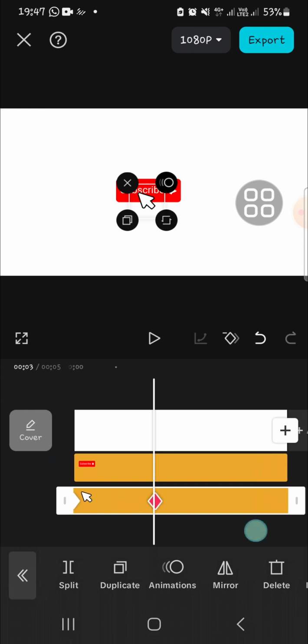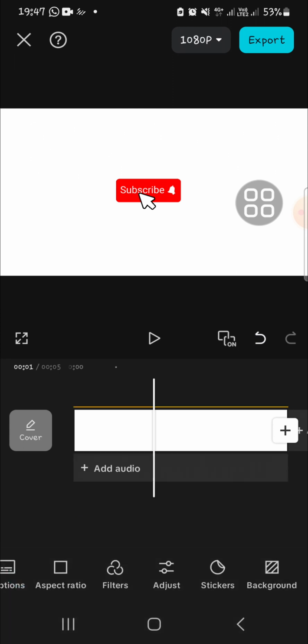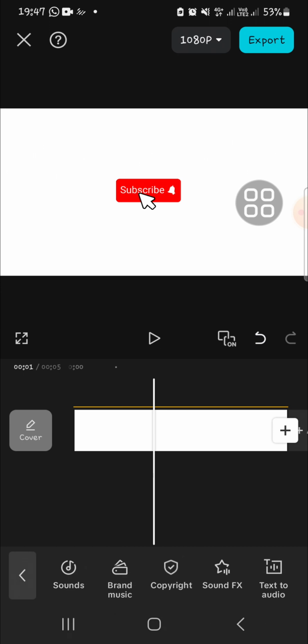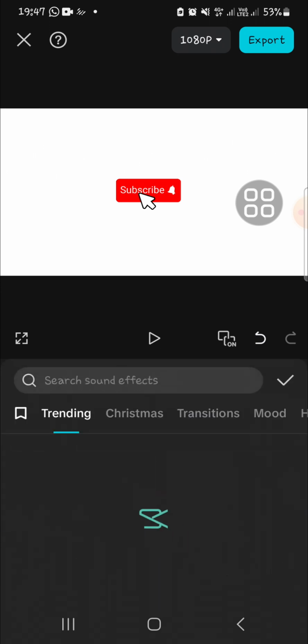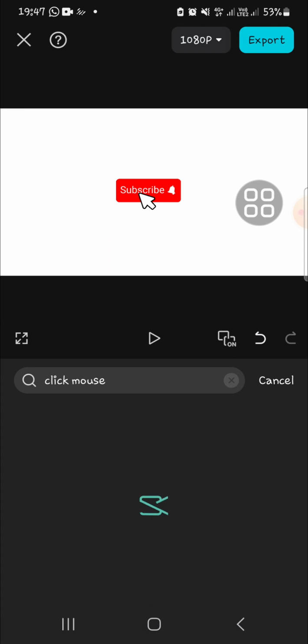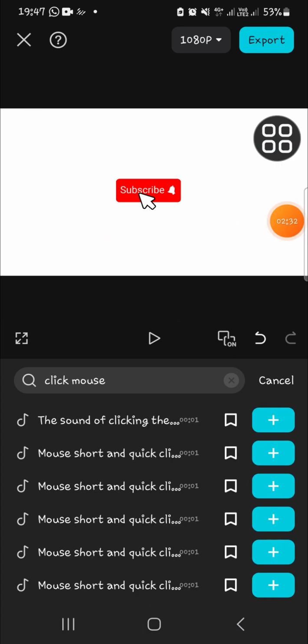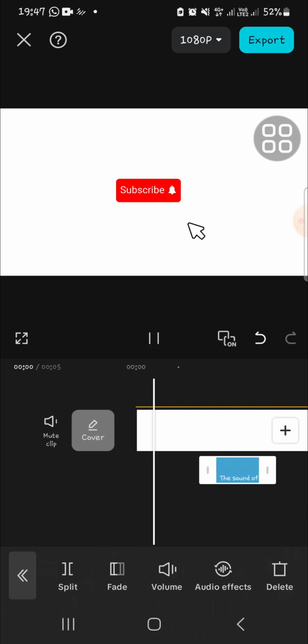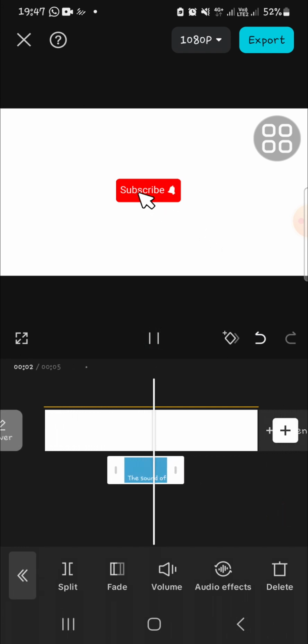Okay, and I'm going to add a click sound to my project. So I'm going to go to the sound effect right here, and then search for click sound or click mouse. Okay, wait guys, and for instance I'm going to select this one. Okay, and let's see the final result. All right,